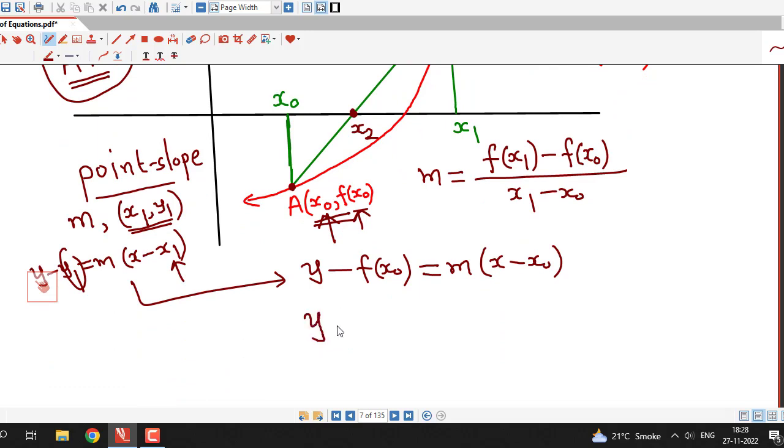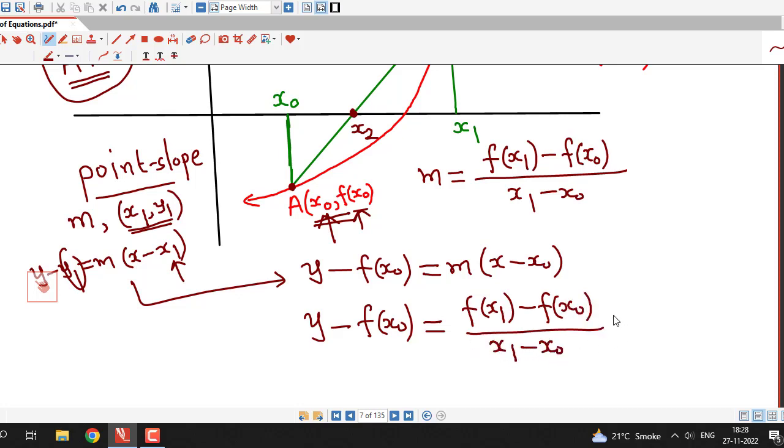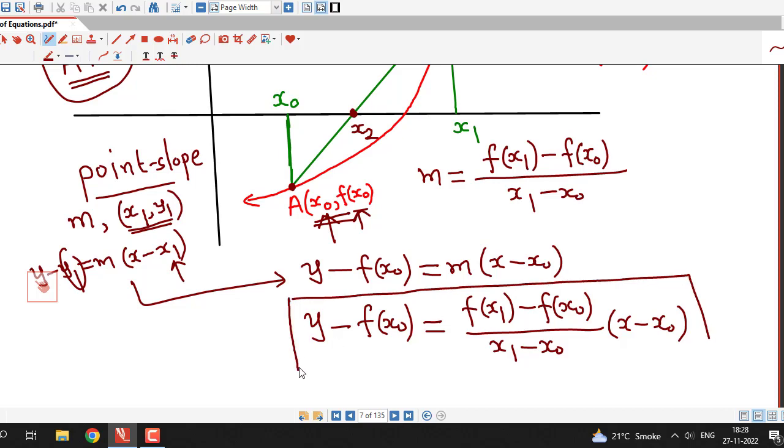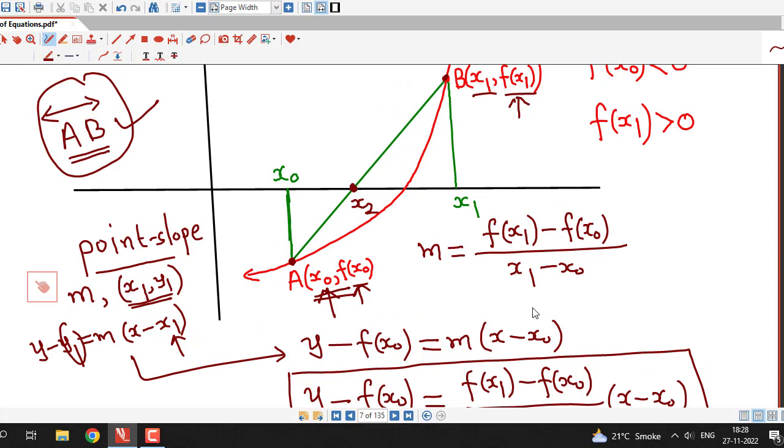Now I substitute the value of this m: y minus f of x0 equal to f of x1 minus f of x0 divided by x1 minus x0, times x minus x0. This is the equation of a line joining the 2 points A and B. Now this point x2 is also on this line, and we can see it is on the x-axis, so